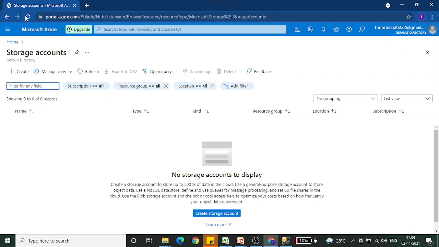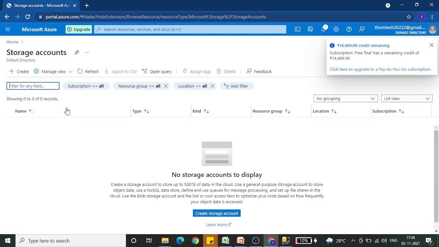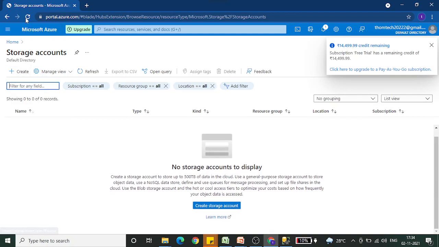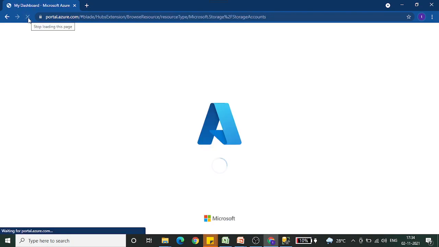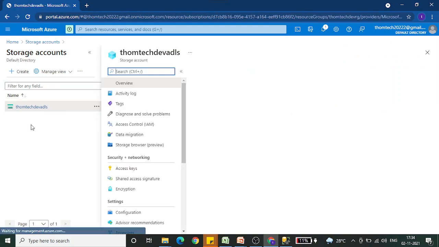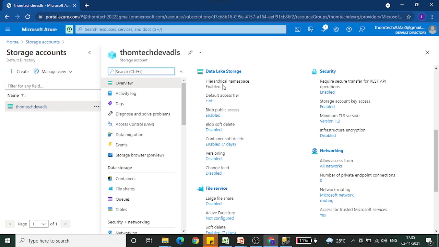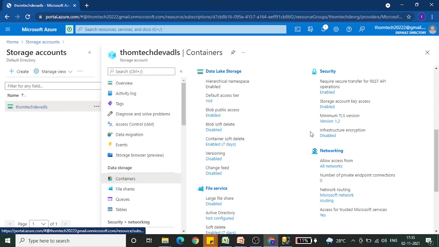It's not showing up yet, so let's click on refresh. Okay, we need to give it at least one more minute. Yeah, see, it has appeared in the list. Click on this and scroll down, and you see hierarchical namespace is enabled. Then we are good to go. Go to containers.